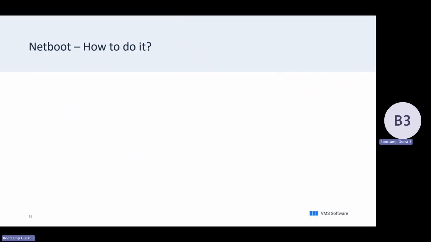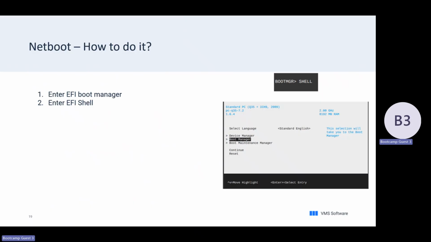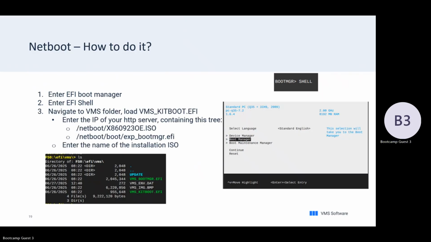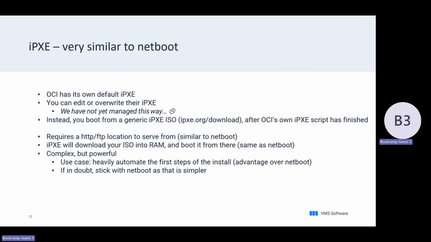Also, how to do it in more detail. You enter the environment manager just by typing shell and selecting it. And in the EMS folder, you see the directory structure. You have process 0, EFI, EMS, you load VMS, and on your